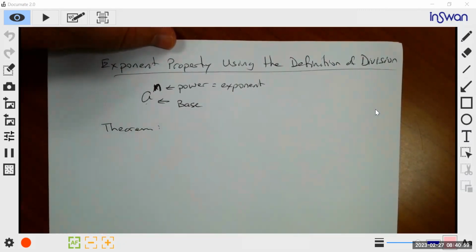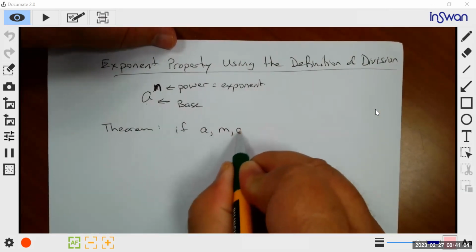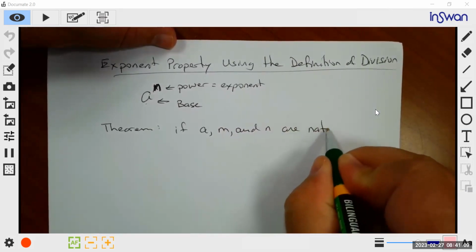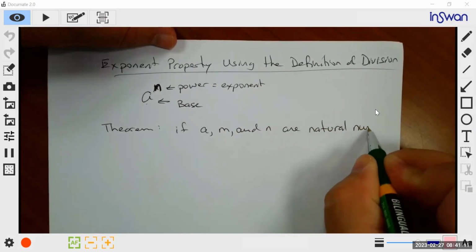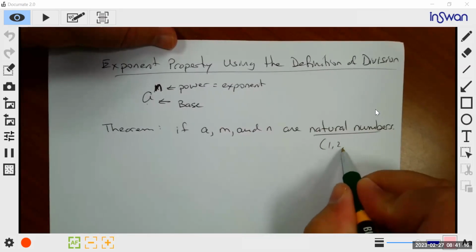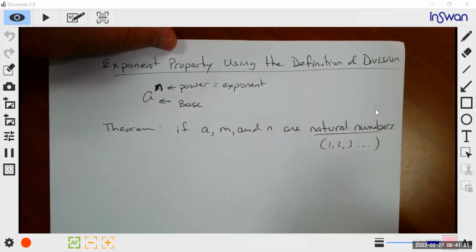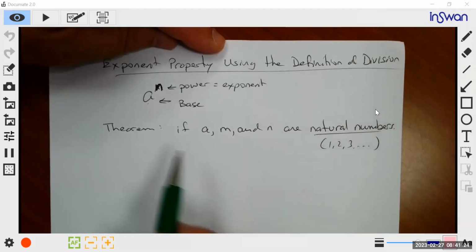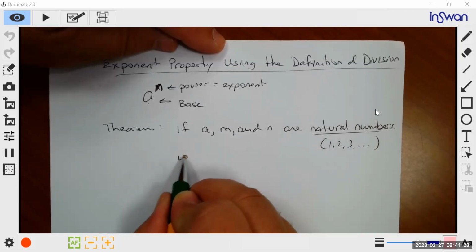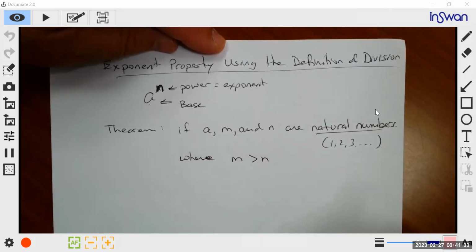So the theorem states this. If A, M, and N are natural numbers. Okay, remember, natural numbers are 1, 2, 3, and so on and so forth. We cannot use 0 in there yet because we haven't defined that process. So if A, M, N are natural numbers, where M is larger than N,